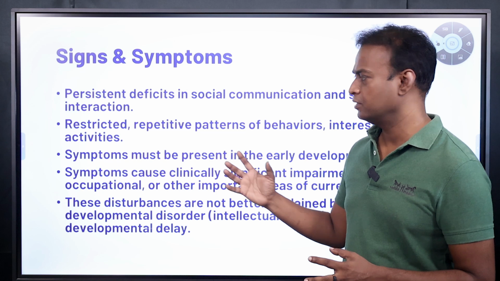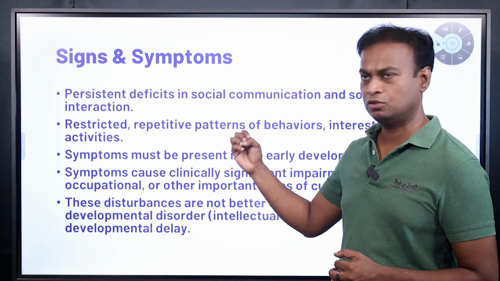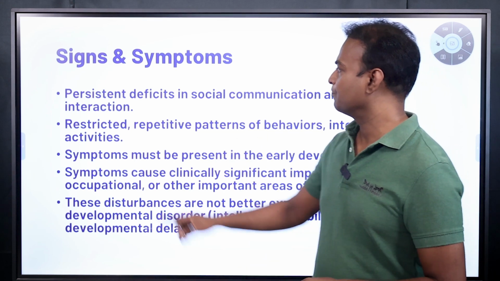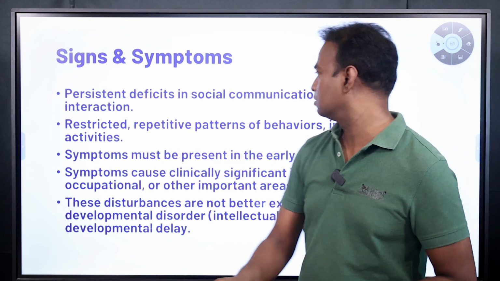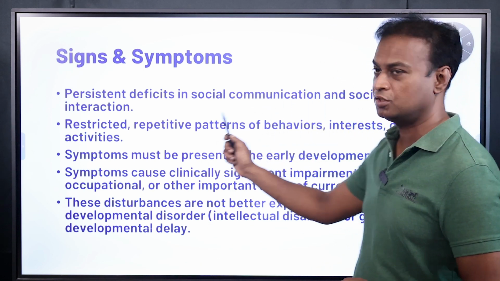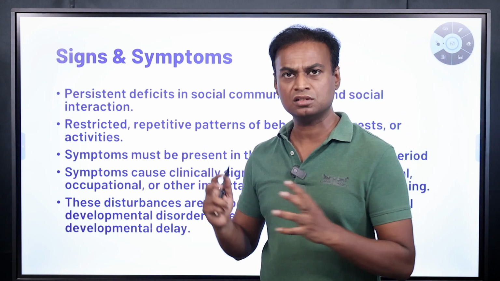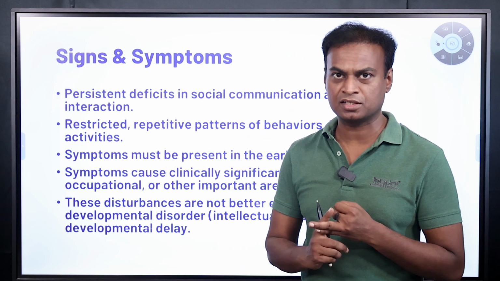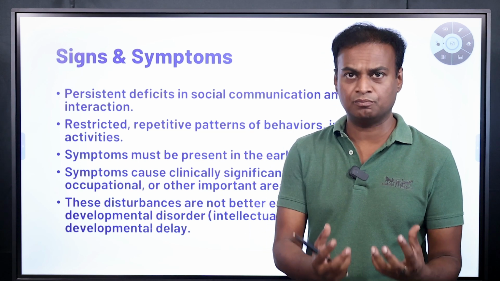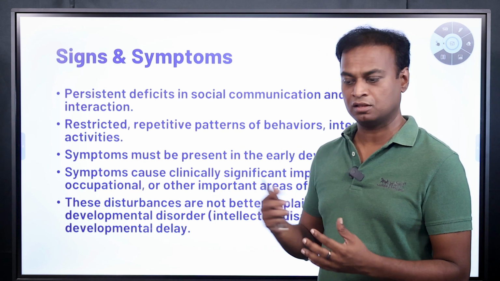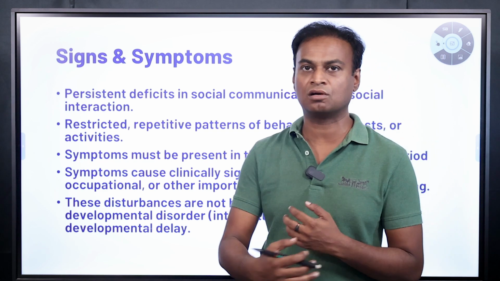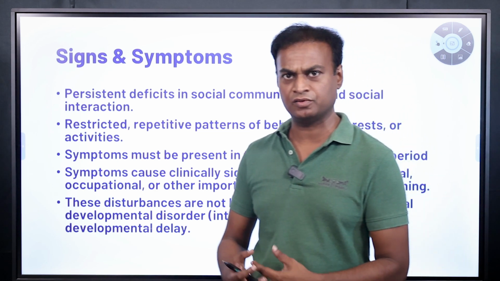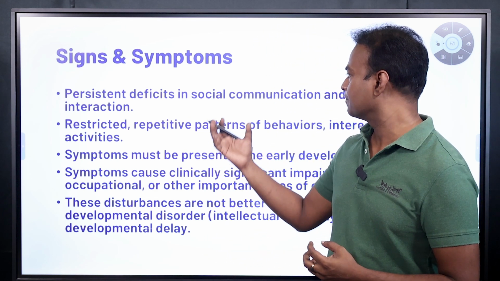So this is DSM-5. From DSM-5, we will look deeply at what autism is and what the symptoms of autism are. The first one is persistent deficiencies in social communication and social interaction. This is the first definition they have given. What is meant by this? There are two things here: social communication and social interaction. How the kid behaves socially is very important here. How he interacts with other kids, the parents, the elders in the family, or anyone he comes into interaction with. So that is where the concentration is.